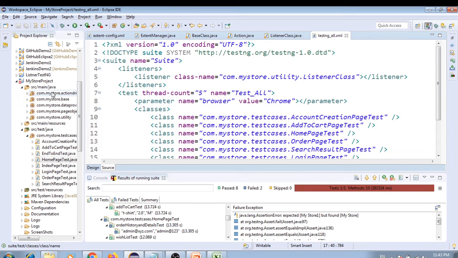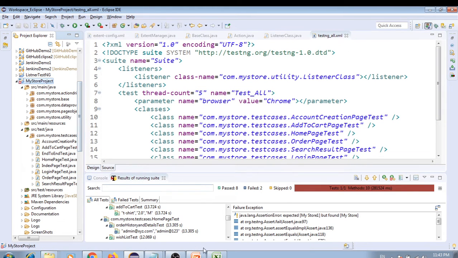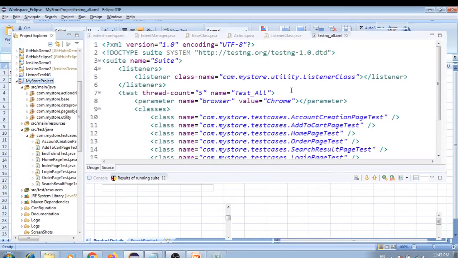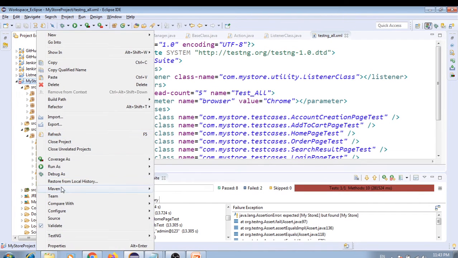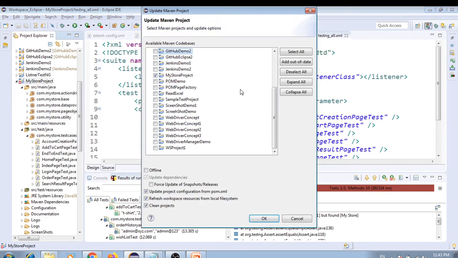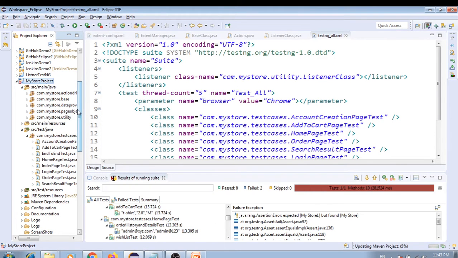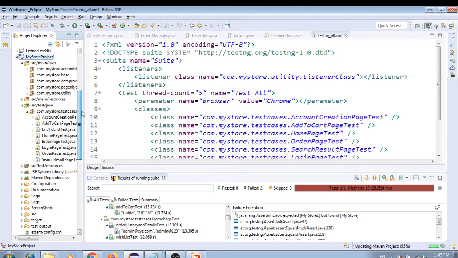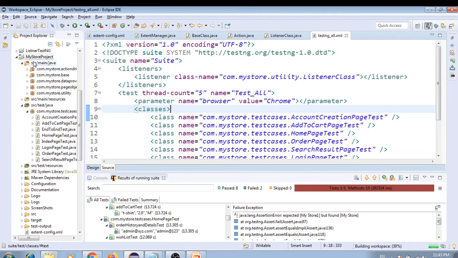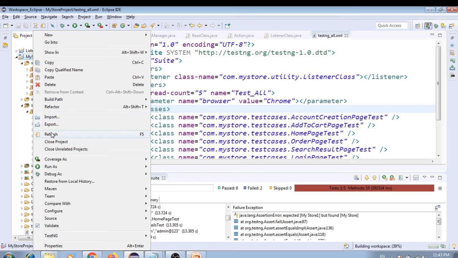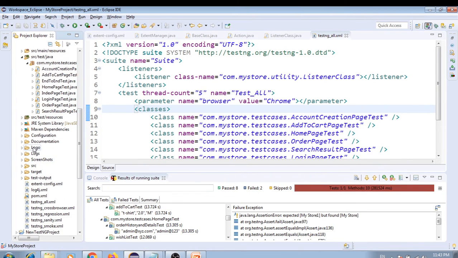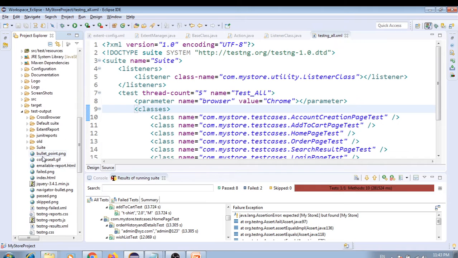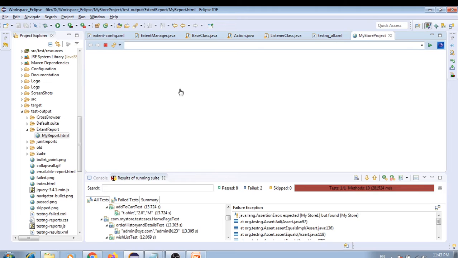Now let me look at the report, why it is giving the error. I think error because of this one. Right click and Maven update the project, so that error will be gone, and later on we'll check the extent report. Why is it still showing? Yeah, it's on. So let me refresh the project, right click and refresh, and if you see inside test report, extent report, here you can see guys, my report.html is created. So let me open this,